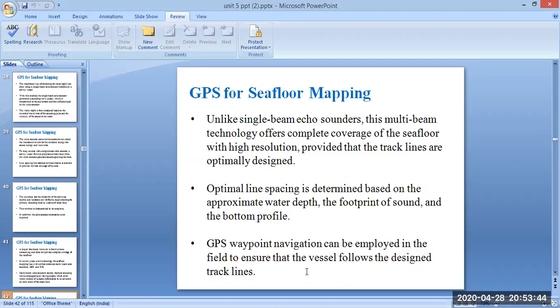GPS waypoint navigation can be employed in the field to ensure that the vessel follows the designed track lines, so that it won't get deviated from the track lines.